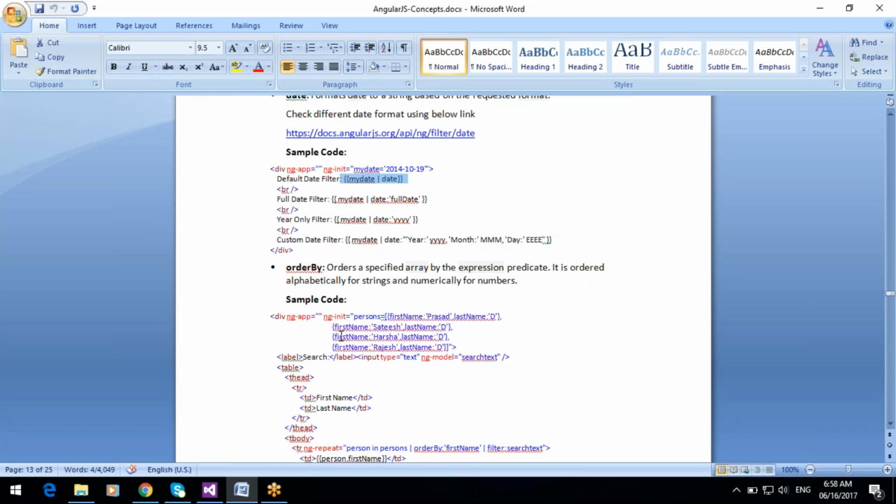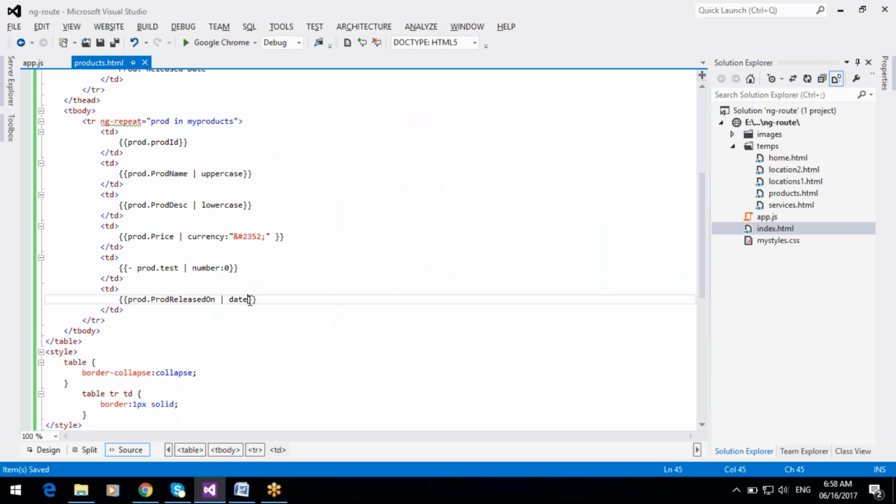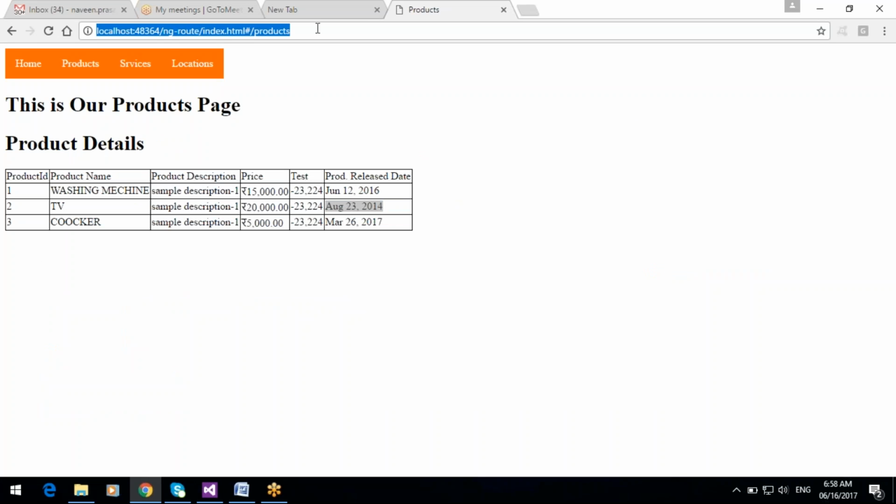And if you want to display the full date format, full date, the result will display like this. So with the day also displayed: Sunday, Saturday, and Sunday.